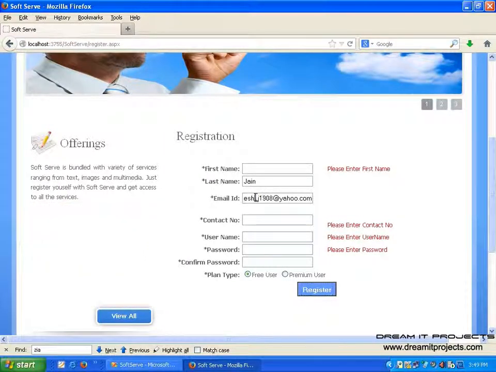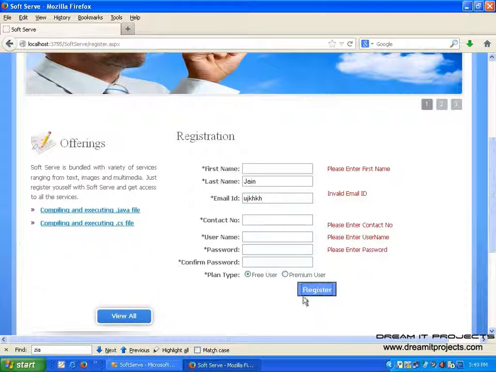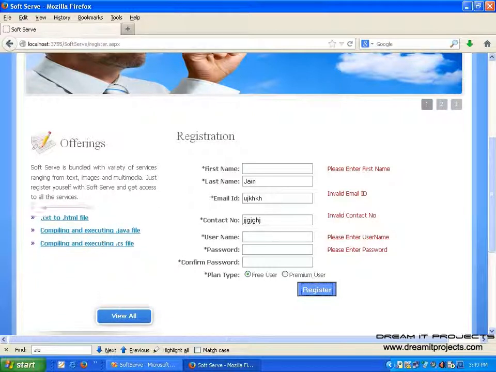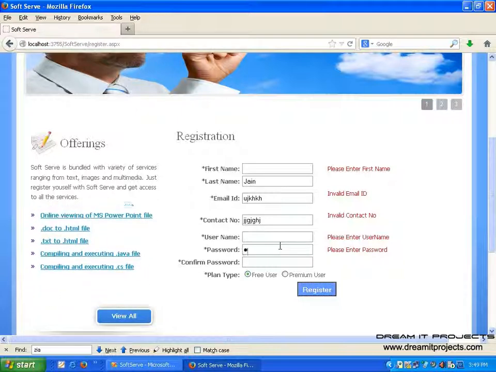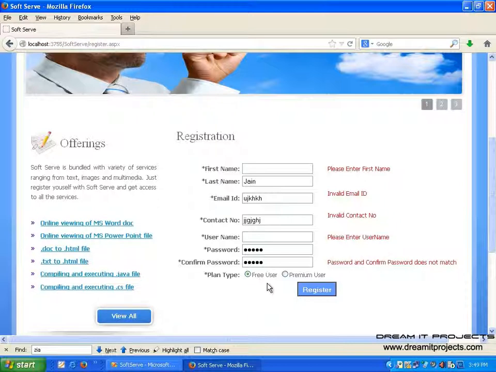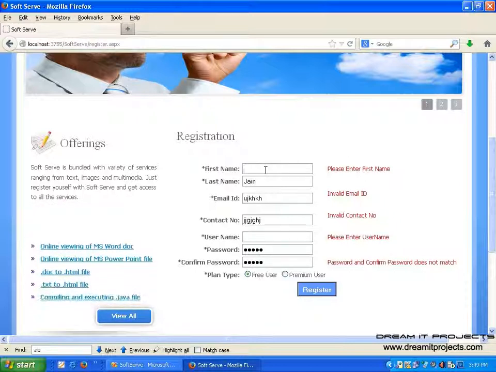If my email ID is not in a correct form, or please enter a valid contact number. If I am adding something like this also, invalid contact number. So all the validation has been taken care of. If I'm giving some password, password and confirm password do not match. So all the validations are taken care of here.